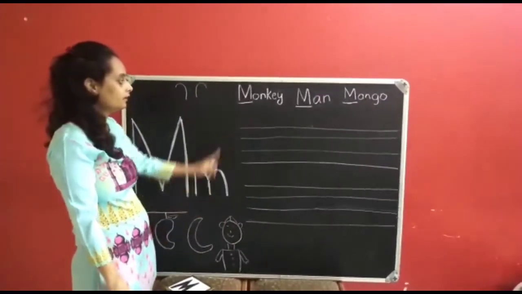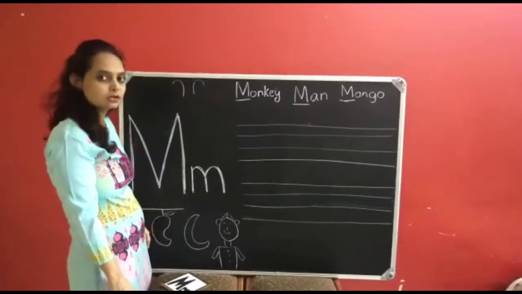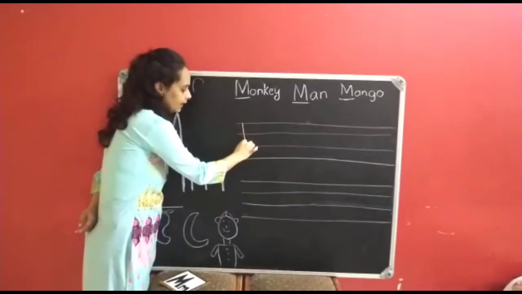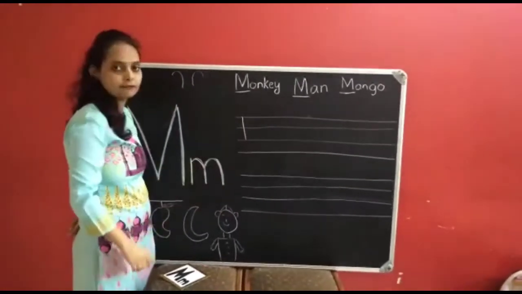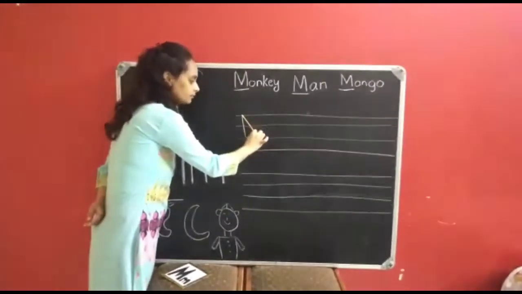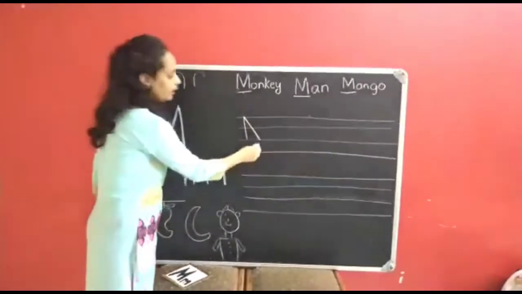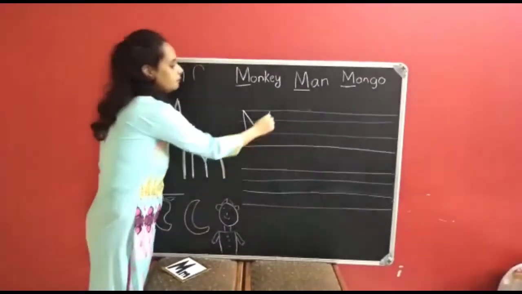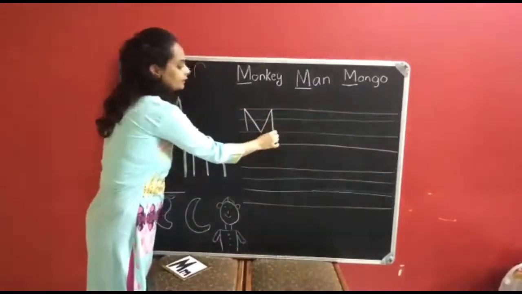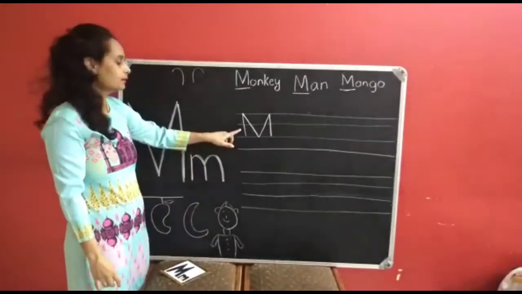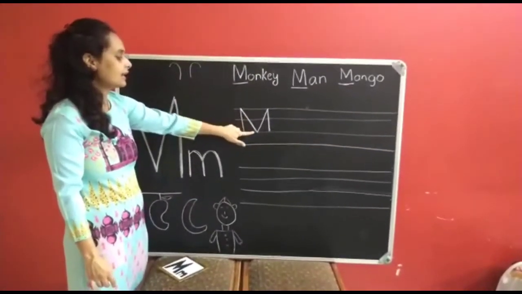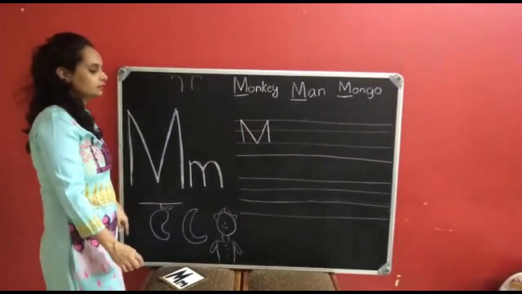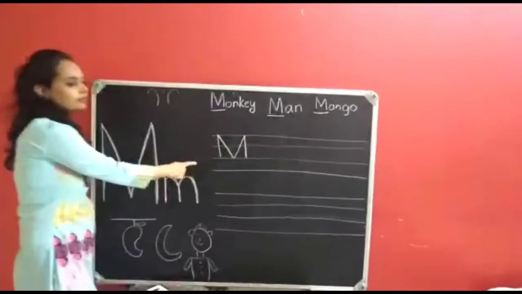It's very simple. This is your red and blue line book. So let's start. From red line to blue line. Okay. Standing line. First you have to do a standing line. Slanting line. I have done the slanting line. Again go up. Slanting line. And come down. It becomes a standing line. So what is this? M. Standing line, slanting line, and standing line. Okay, so this is letter M.